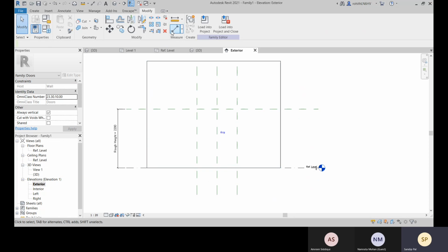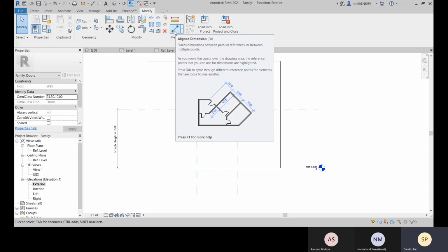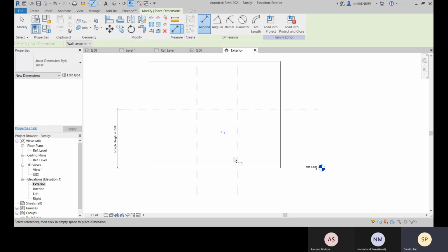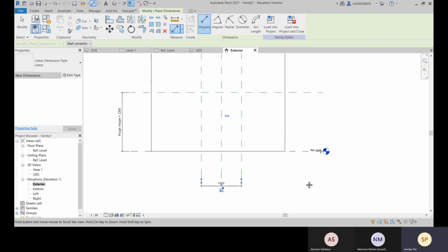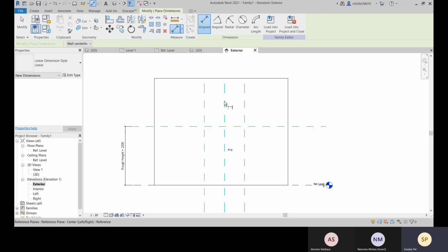Now for this one, what we will do is we will assign this to this, or you can assign from this side to this side. So then what you have to do is select this center line first, and then this side or this side, whatever, that is not necessary.